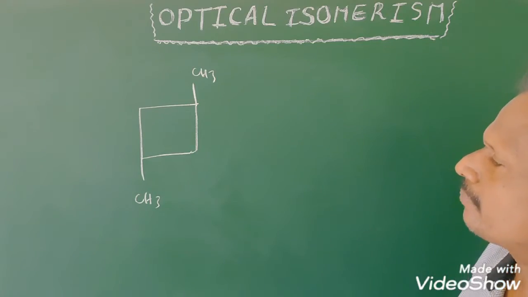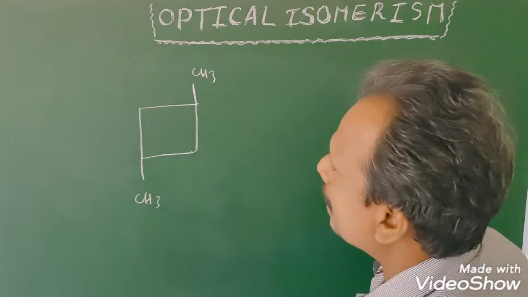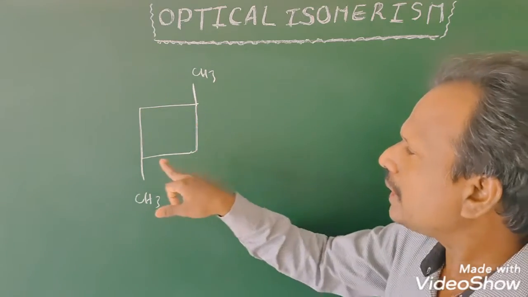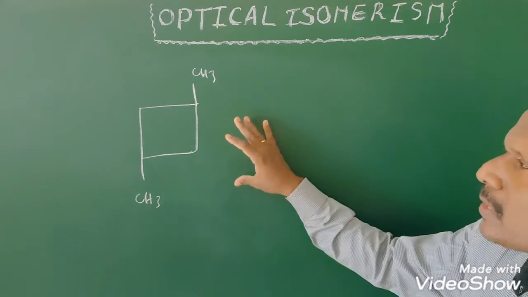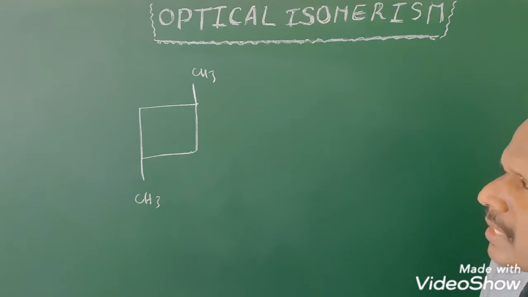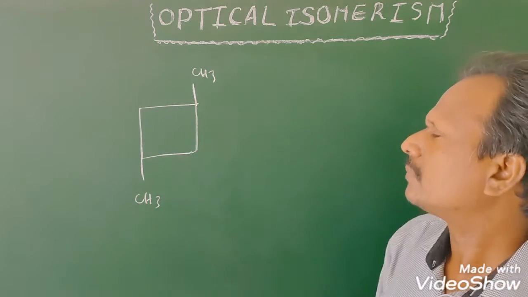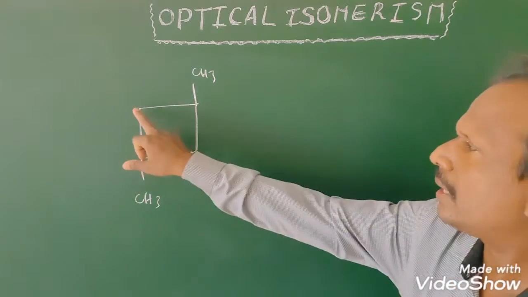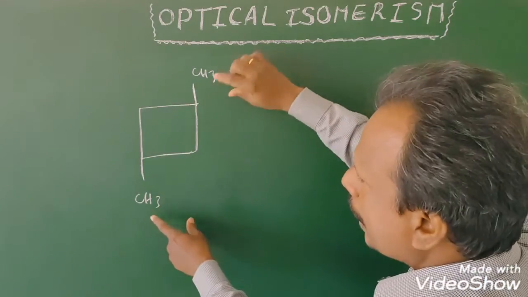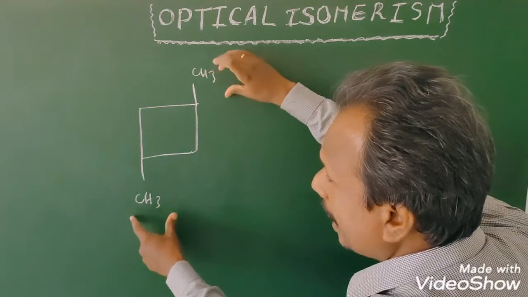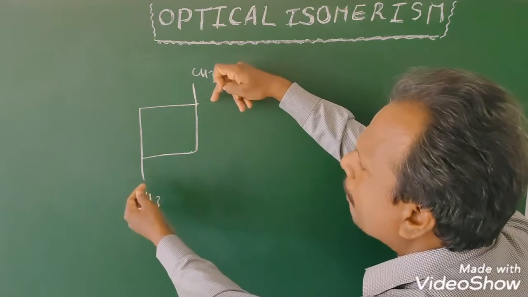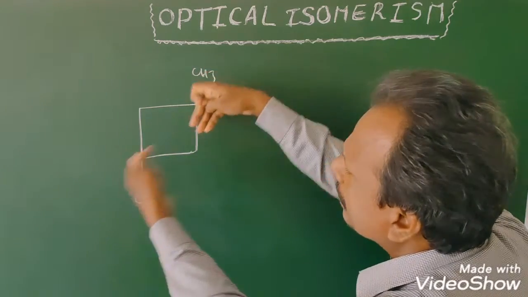What is center of symmetry? Generally it is observed in cyclic compounds. The carbon ring must be of even number. To exhibit center of symmetry in an organic molecule, what is the required condition? It must be cyclic with an even number of carbons. It contains 4 carbon atoms, so even number. Two identical groups are above the plane and below the plane, in trans position, generally anti with approximately 180 degree angle.